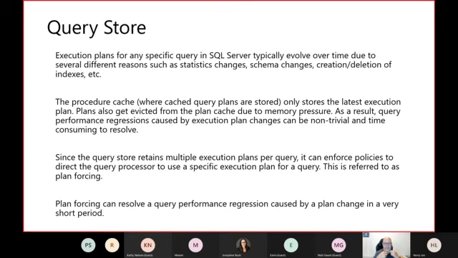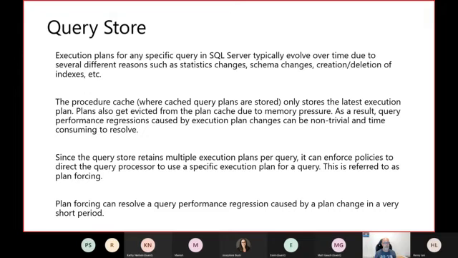So we decide, hey, the plan that is being used right now is not as good as the previous one because it's using more resources, more duration, more CPU, etc. So then we manually just go and say, hey, use this plan, and we will force the execution to use that particular plan so we can set the basis in terms of performance.